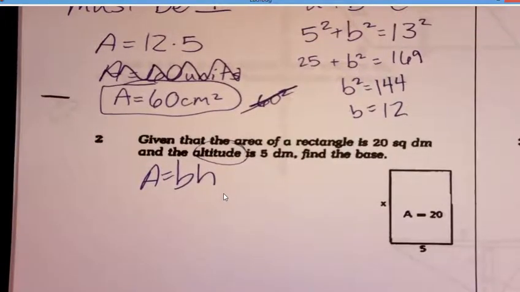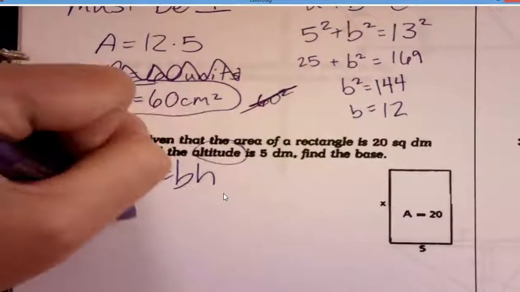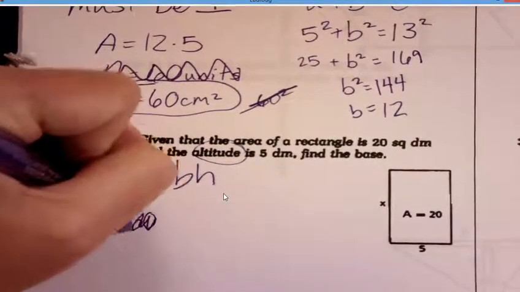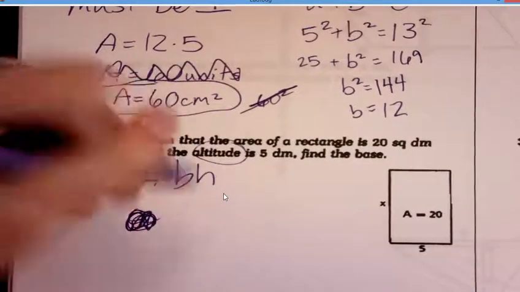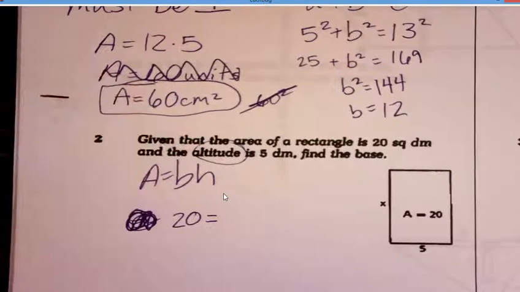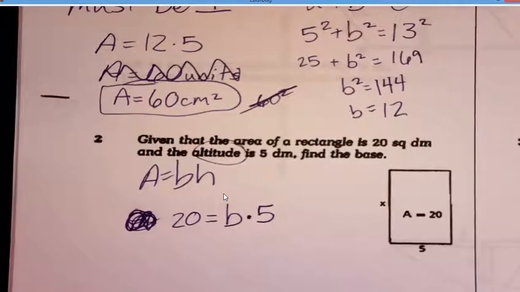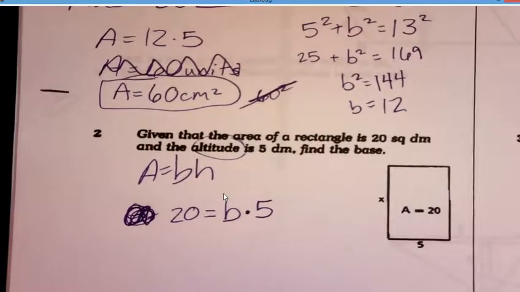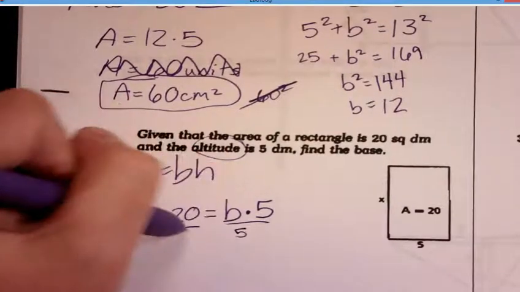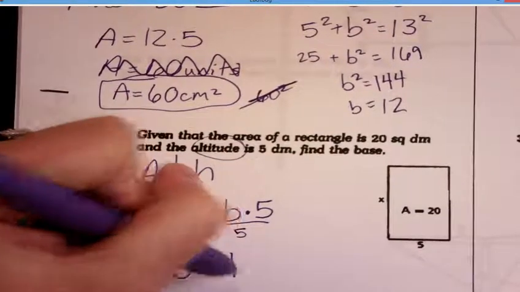So we need to plug in the area. We need to plug in the altitude. Okay, plug in the height. So our area is going to be 20. We don't know our base. Our height is going to be 5. And it tells us all of these things in the problem. So we take everything. We need to now solve for b. Yes, this is easy. I'm not trying to insult your intelligence by giving you these super easy problems. We're going to divide by 5 on both sides. The base is 4